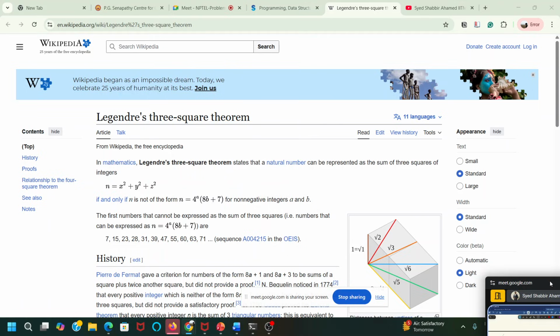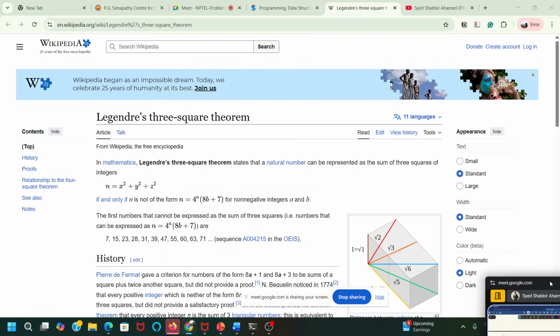That is an obvious case. If m is less than 0, your program should obviously return false. A negative number cannot be represented as sum of 3 squares. That is a trivial thing, I don't need to tell anything about it. So it should return false.